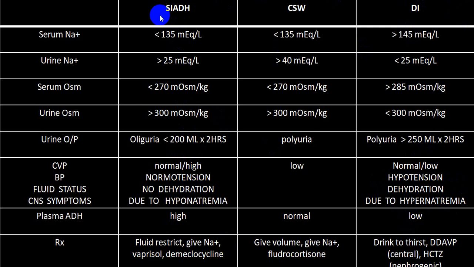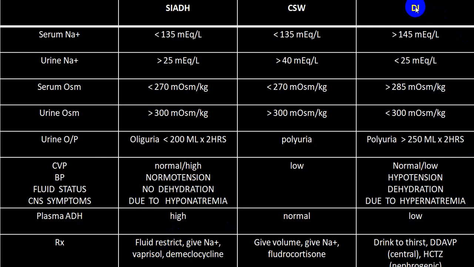Because of this, I will not repeat SIADH. I will put the slide, but I will not be repeating. As far as the treatment is concerned, in SIADH: fluid restriction, give sodium from outside to manage hyponatremia, and to decrease ADH production, you give demeclocycline. This is one very important thing which will help you reduce ADH level.